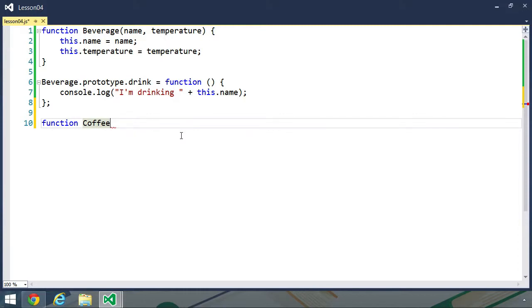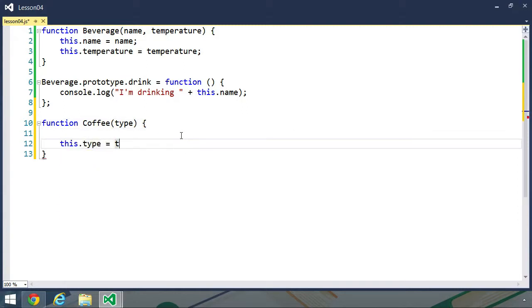At least it should be hot. There's just something wrong with the concept of iced coffee. So we don't need those things as parameters, but we do need the type of coffee because there are different types of coffee. There is light roast, which is incredibly weak, and then you have dark roast and bold, good coffee. So we could have a type parameter there, and then we can have a type property that we set